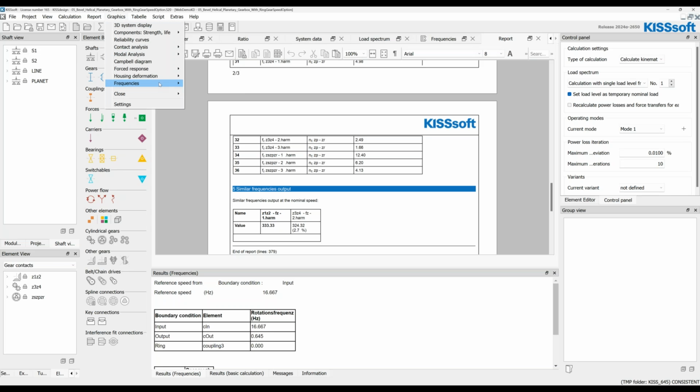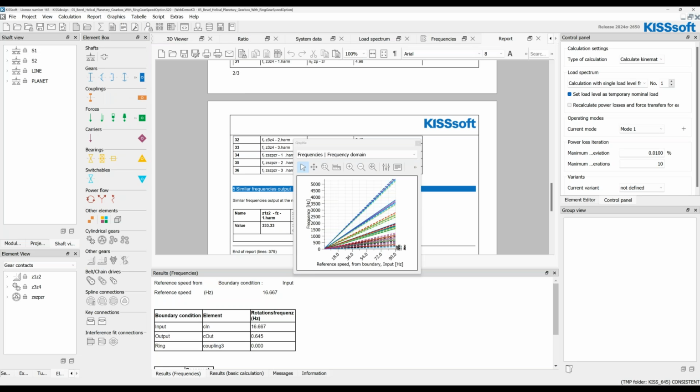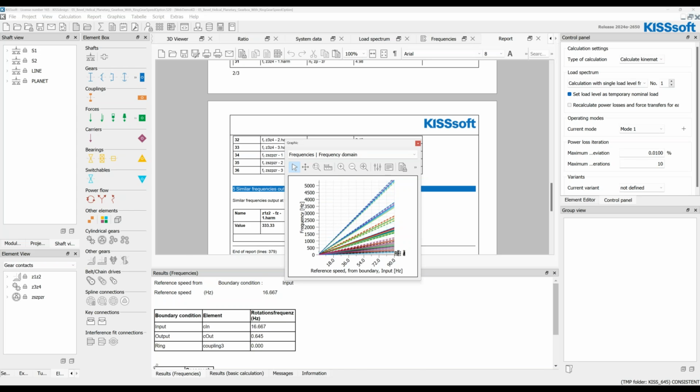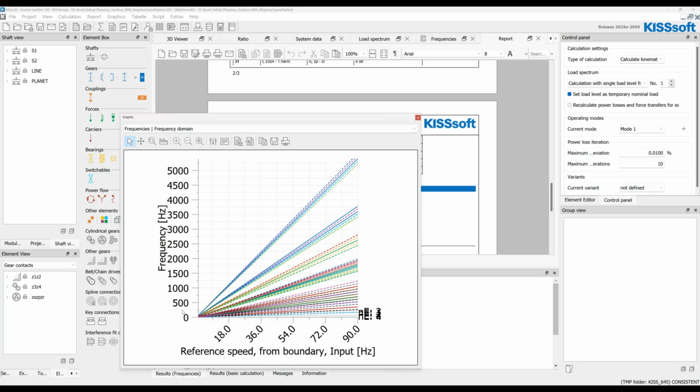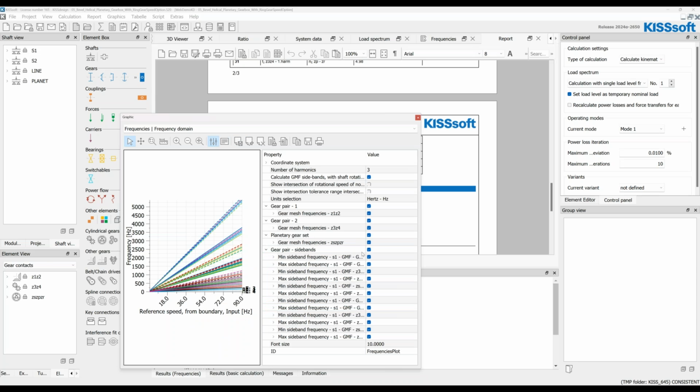Now, also in KISSdesign, we have 2 possibilities. One is the frequency domain and one is the amplitude domain. In the frequency domain, we can see here this typical graphic for the analysis. So again, on the y-axis are the frequencies, and here we have the change of the reference speed. Now, this plot is quite crowded because we have 2 sidebands on each harmonic. Now, if we hide them,